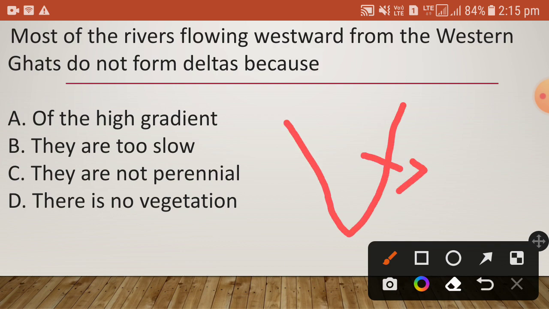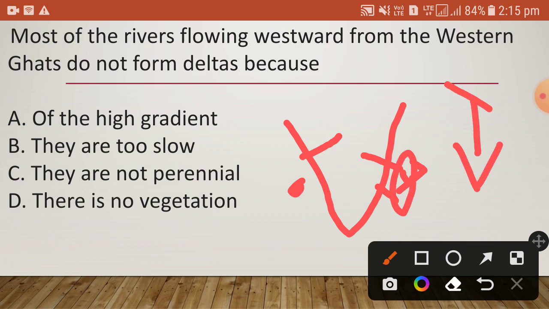That is, this portion is uplifted, whereas this portion is downlifted. So you can just imagine how slanted it is. Because of this, the rivers flowing towards the west do not carry any kind of sediments, or carry very little sediment as compared to these. But the east flowing rivers carry lots of sediments like soil, sand, etc., and they will form lots of deltas